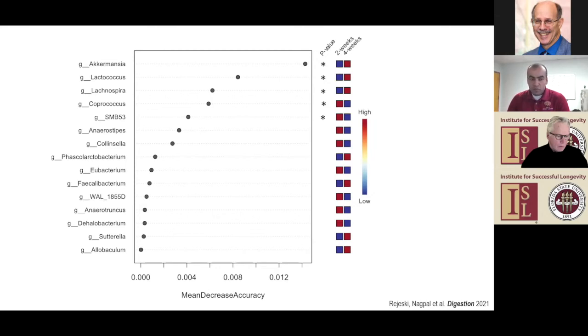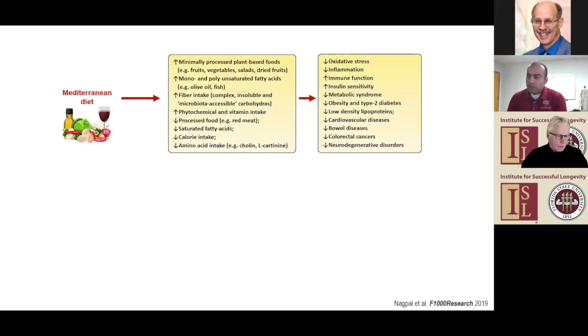Like we are performing RNA-seq and fungal flora analysis of those monkeys to identify at a deeper level what's going on at the metabolomic and transcriptomic level in the microbiome. But together, it has traditionally been known that Mediterranean diet, because of increased fiber levels, increased intake of unsaturated fatty acids, and reduced processed foods, reduced saturated fats and calories, has been associated with improvements in insulin sensitivity, immune functions, obesity, type 2 diabetes, cardiovascular disease, etc.